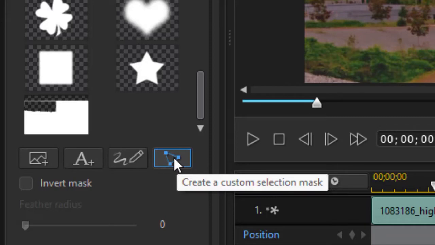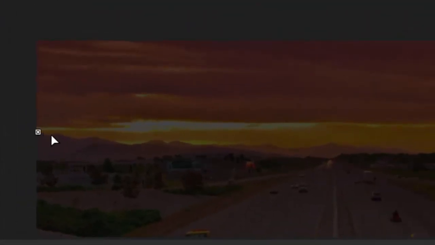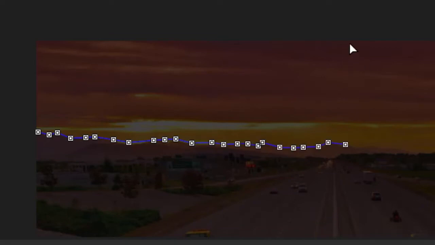In order for this technique to work, you need this tool. Otherwise, all you have is rectangles that you can use. So we'll use this one here, and then we'll just drop these points along the edge of the mountain range, and the sun will come up above the hills, and so will the title. And so we'll mask up to the top, over to the left, and we'll close it on the lower left